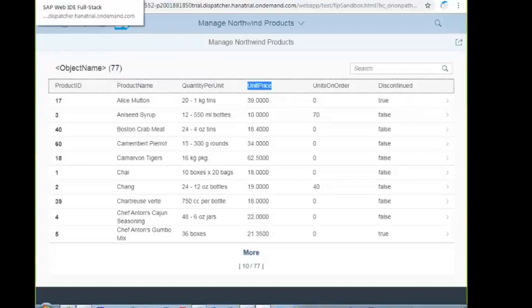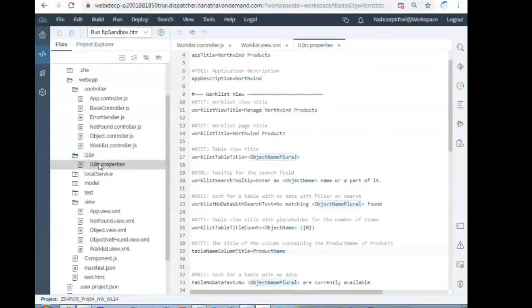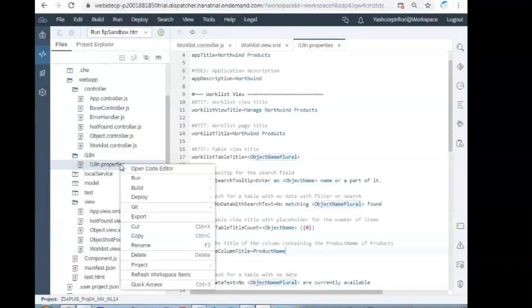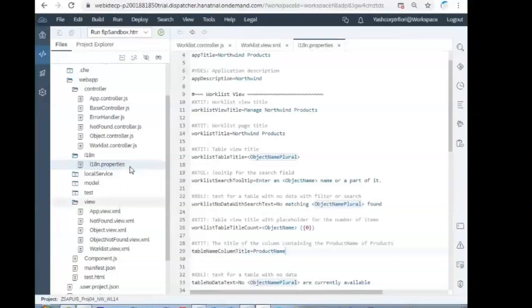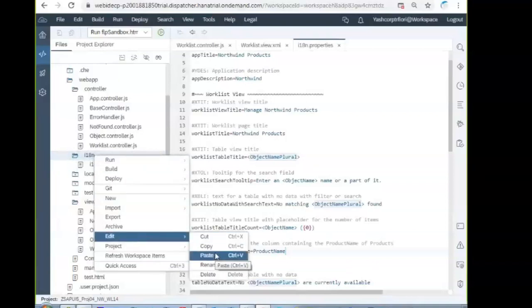We'll try to maintain one language file. Copy this I18N dot properties. Right click on the I18N dot properties, copy it. Copy inside itself, inside the I18N only. Edit, paste.